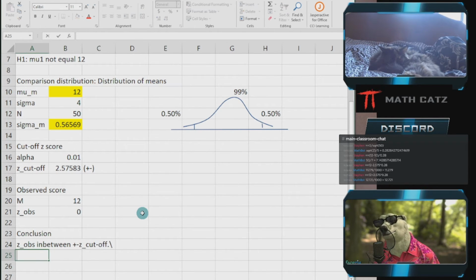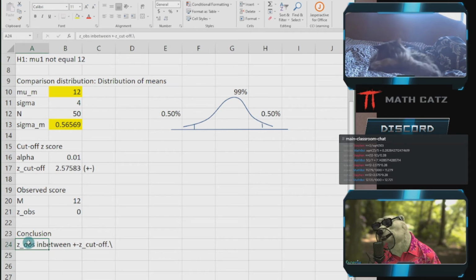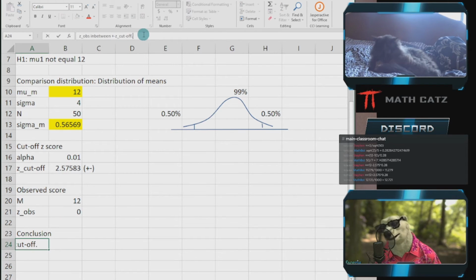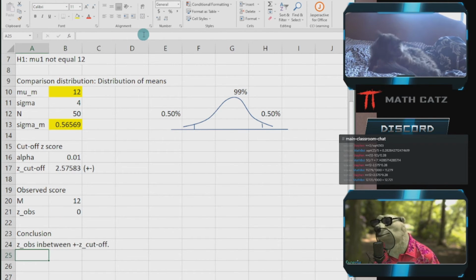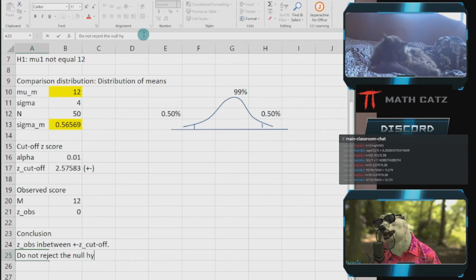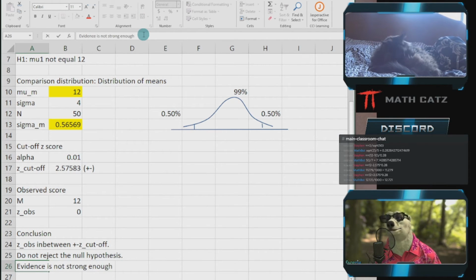We do not reject the null hypothesis. The evidence is not strong enough at all to suggest that